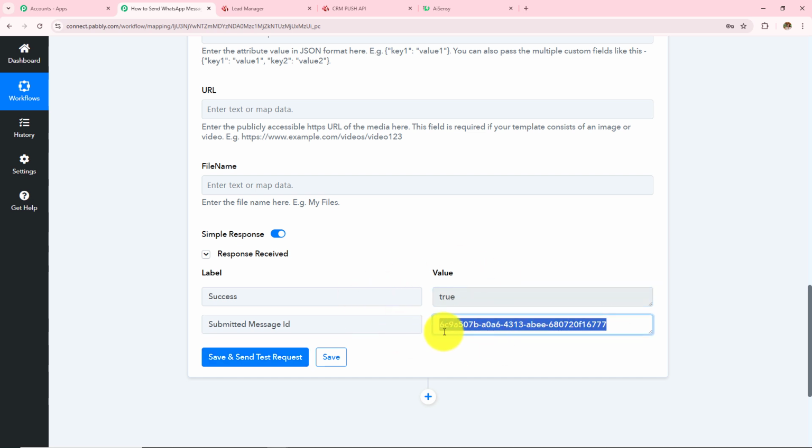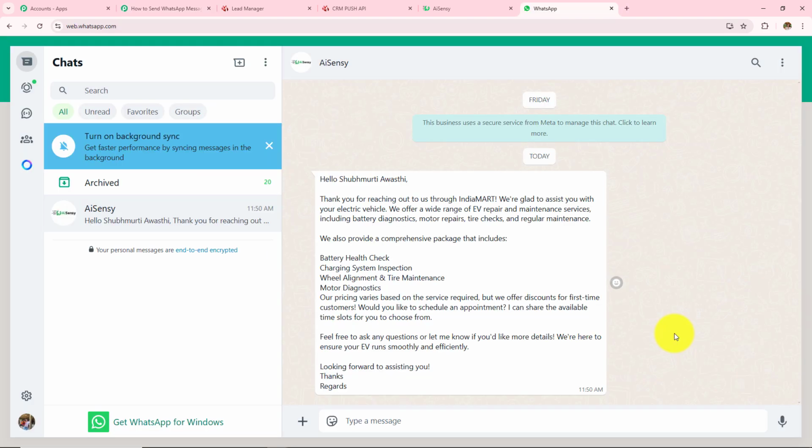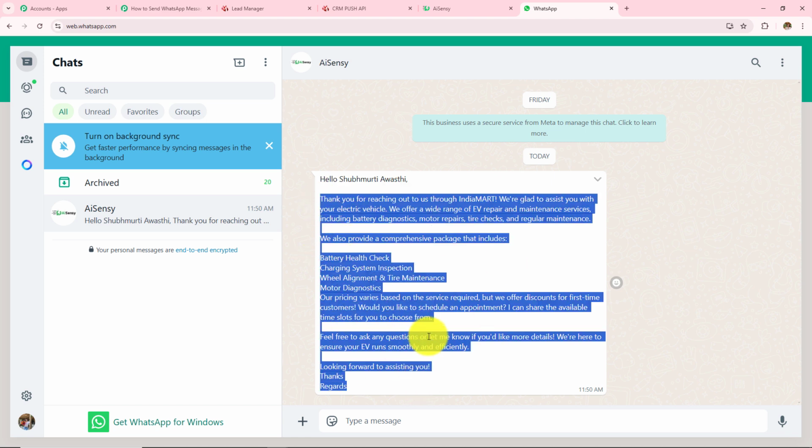Now I need to open my WhatsApp and check whether I have received the message there or not. And here I can see that I have received the WhatsApp message. Hello, and this has been replaced with the name of the lead who has sent the query. Thank you for reaching out to us through IndiaMART. We are glad to assist you with your electrical vehicle. We offer a wide range of EV repair, and this template is the same that we have drafted in our